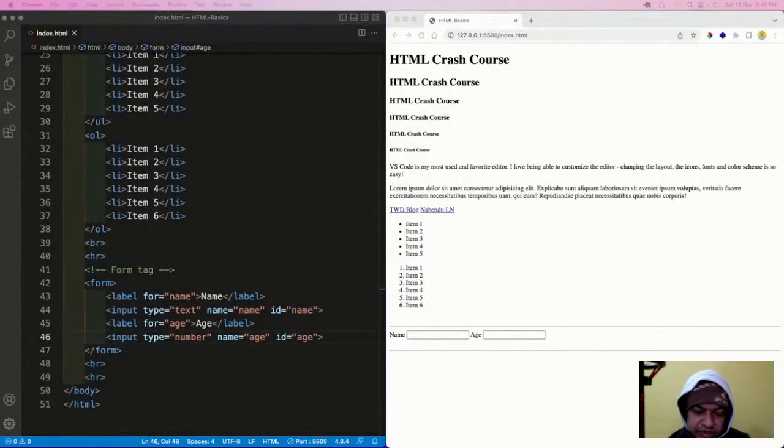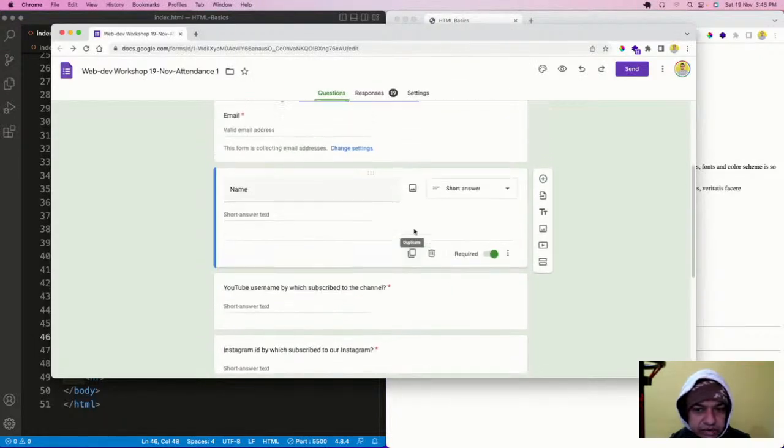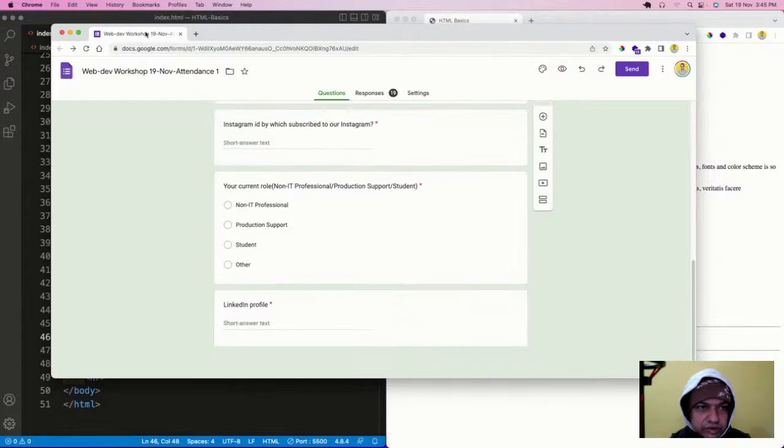So please, you have to fill all the required fields. If you don't fill the required fields, it will definitely give an error because all the fields are required. See, all of these fields are required. Every field is required here.